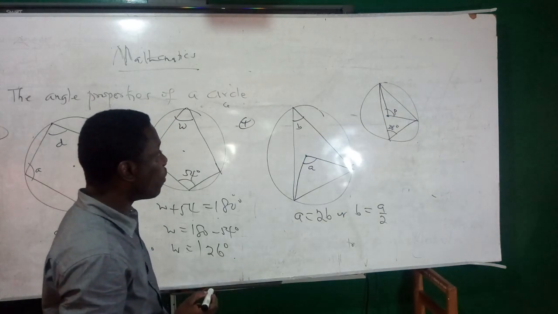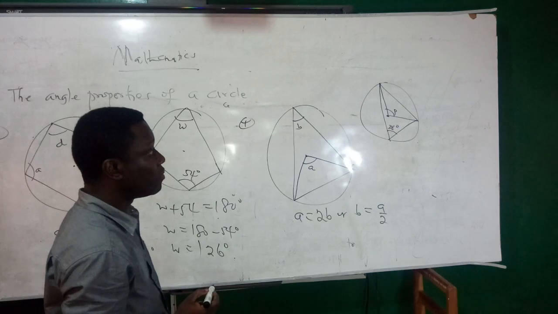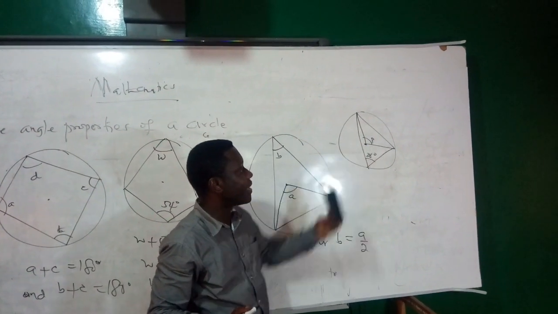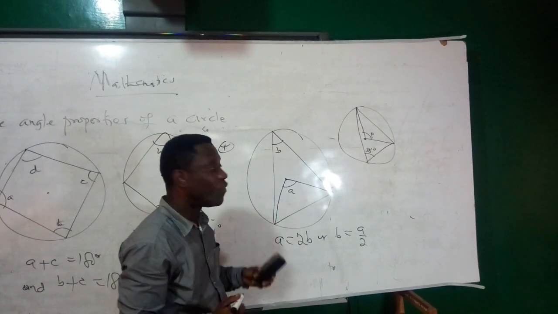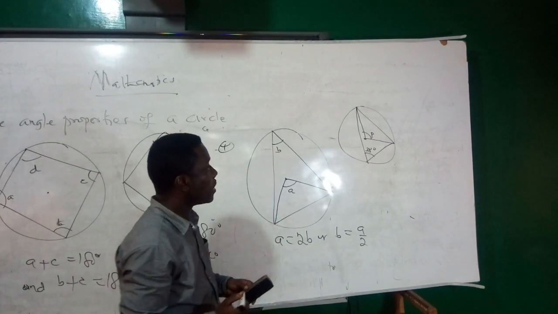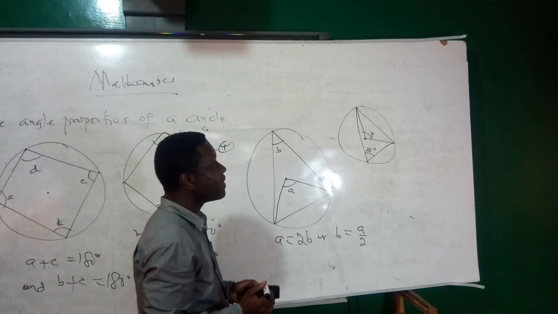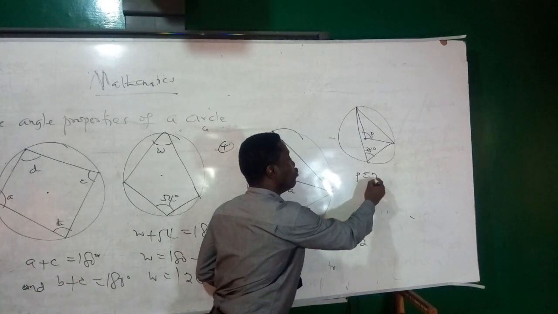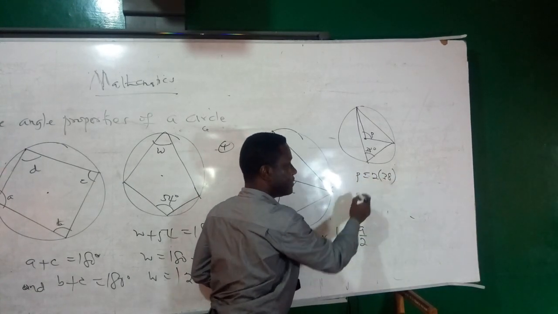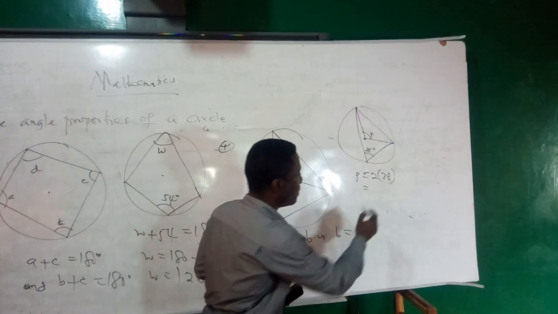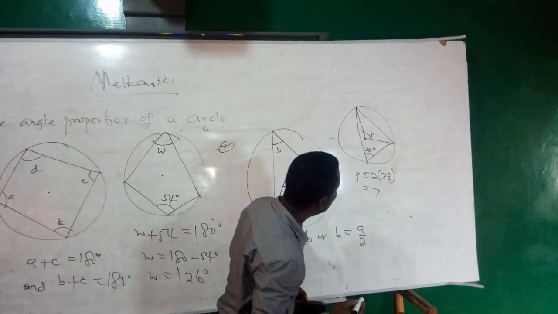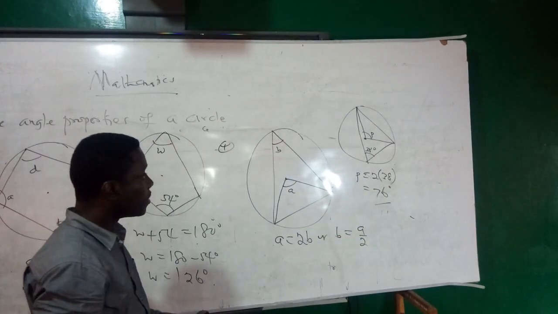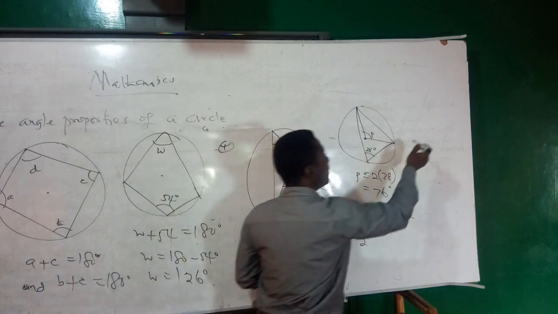Now from property 4, as we have just gone through, we have said that the angle formed by a chord at the center is twice the angle formed at the circumference of the circle in the same segment. And so from here we can see that our P straight away will be 2 times 38, which gives us 76 straight away. On the other hand, if we had something of this nature,